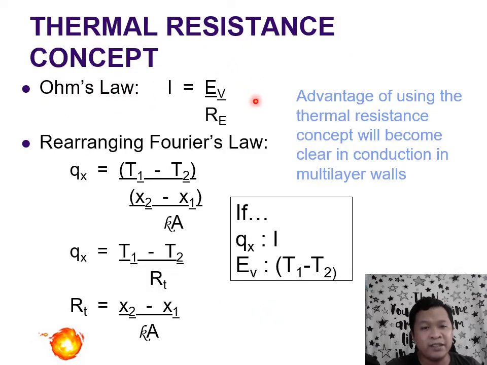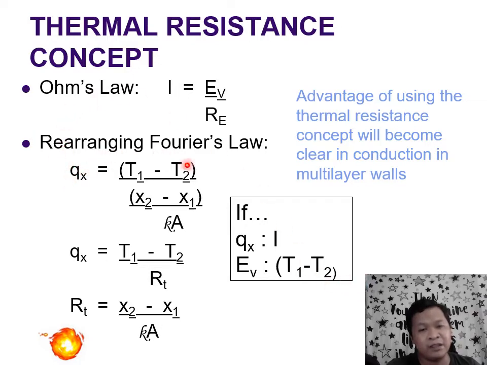So recall from your physics or lessons about electricity, current is equal to voltage over resistance. If we were to consider the heat flow to be analogous to current and the voltage to be analogous to the temperature gradient, remember voltage is a potential gradient,